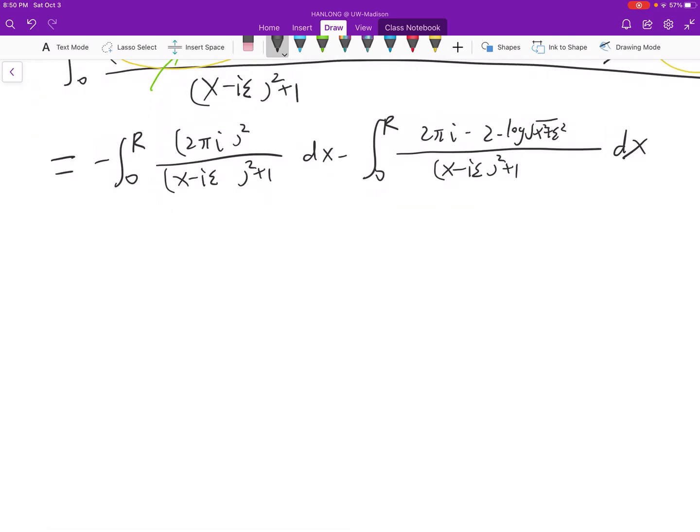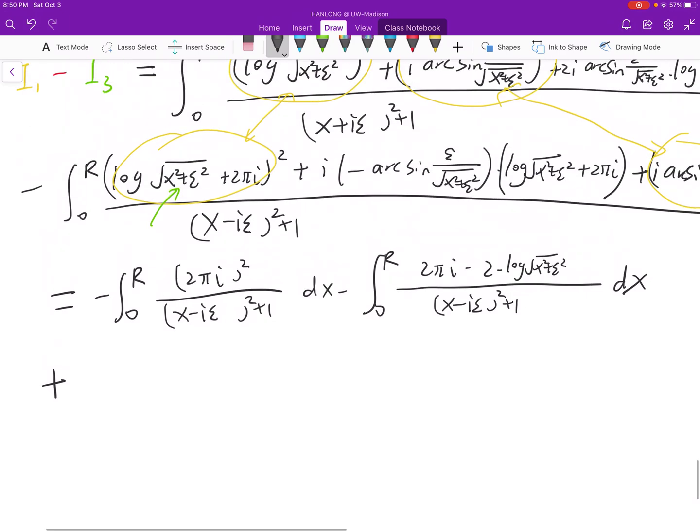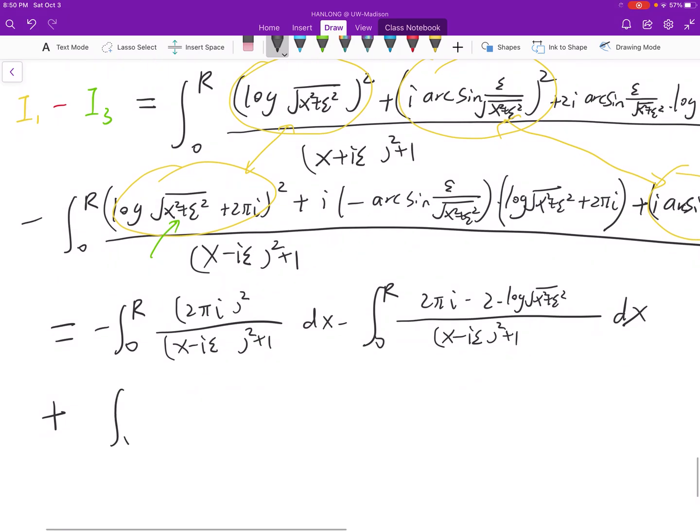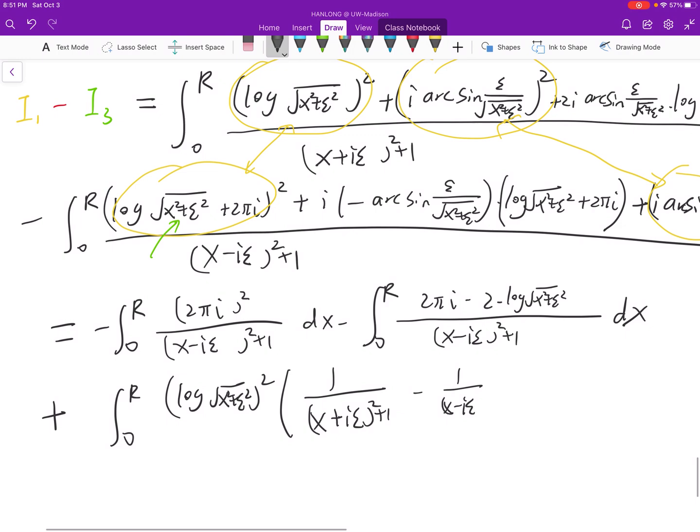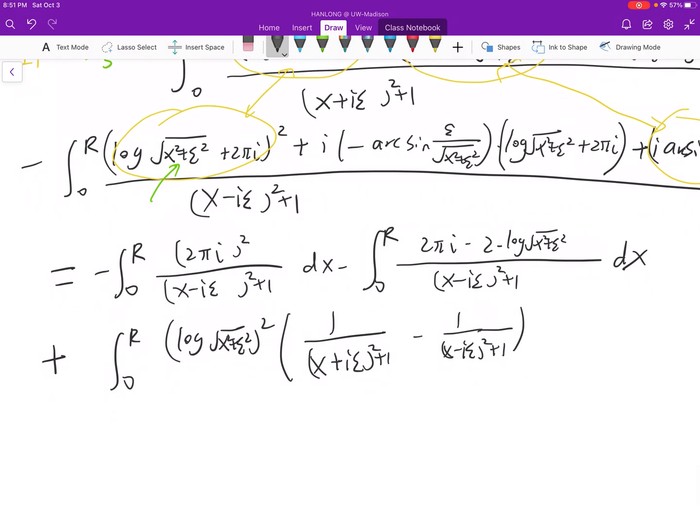So let's write one more step. Plus, so plus is integral from 0 to r of log of x squared plus ε squared, times 1 over (x plus iε) squared plus 1 minus 1 over (x minus iε) squared plus 1 dx, and